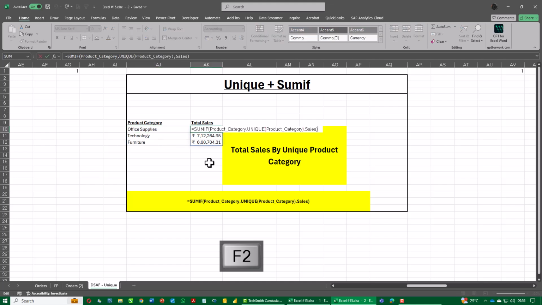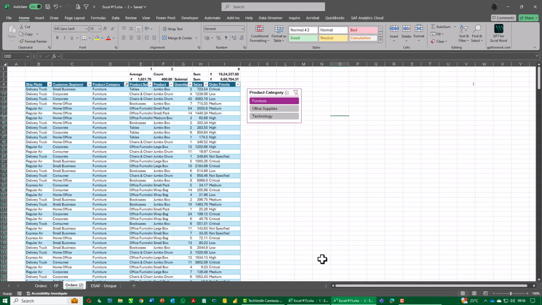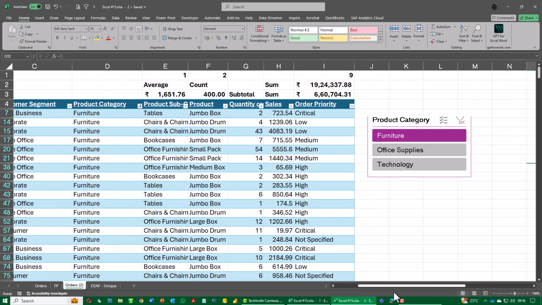When I started working with this data, my data works for me in a spill effect by default, and since I have the unique function, the data set spill effect will come and fill the data automatically for me. To check whether my answer is right or wrong, I'm going to go back to my order window. I'll make it a little bigger here. So now I got the